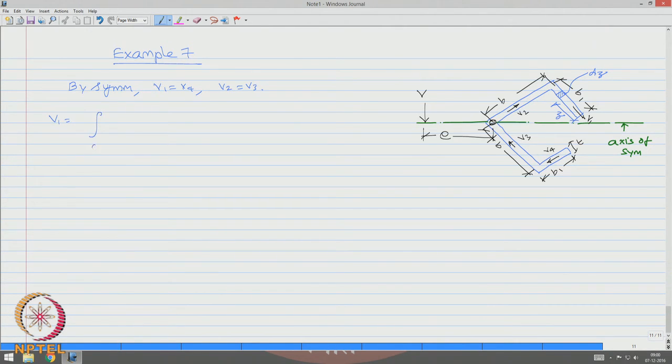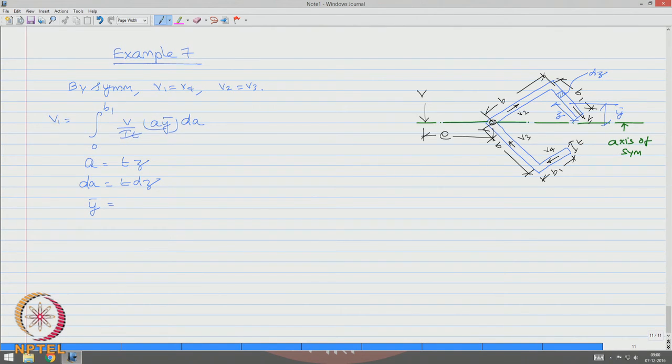So, integral 0 to B1 V by I t A y bar dA. So, A is T z, dA is T dz, y bar is this center from the symmetry,